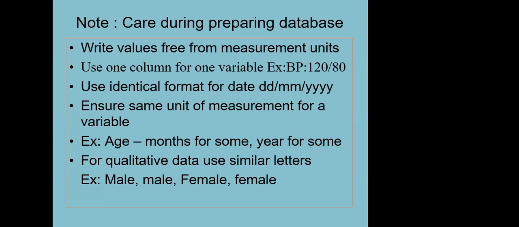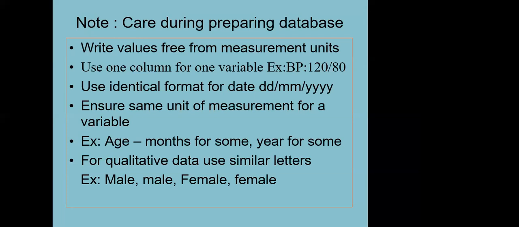And when you enter the data, especially for quantitative variables, make sure that they are free from units of measurement. Suppose you are entering the monthly income. Don't write it as rupees, dollars, pounds, etc. In the naming of the variable only, you can write monthly income underscore rupees, weight underscore kg, height underscore inch. So while entering this one, don't write it as 80 kg. And while entering the data, if it is quantitative data or qualitative data, enter that only. Don't write not available, not applicable.